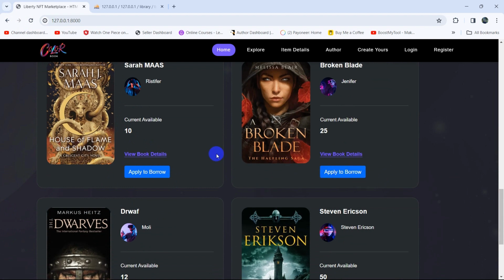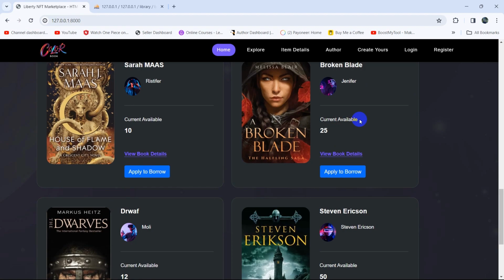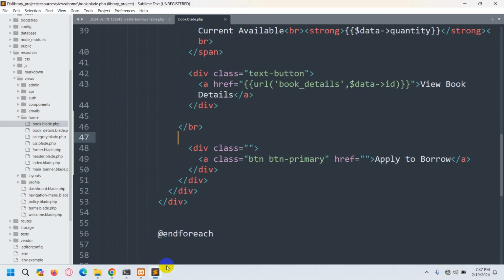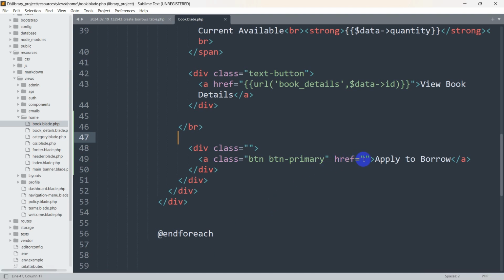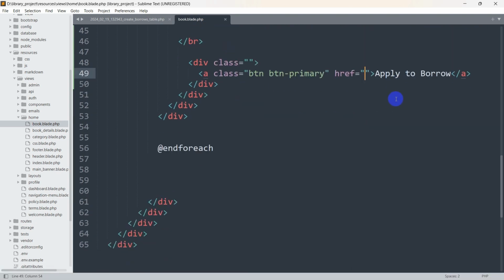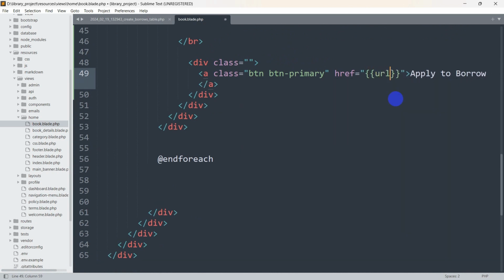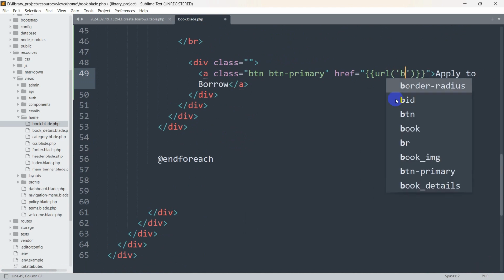So right now what we want is that here you can see the user is not logged in. When the user is not logged in and clicks on this button apply to borrow, it will take the user to the login page. So for it, let's go back, and here first of all in this href we are going to give two curly brackets first. Then we are going to say over here url, first bracket, single quotation. Let's say the URL will be